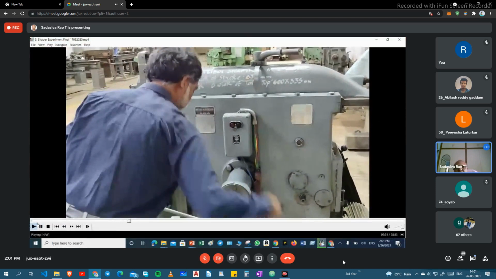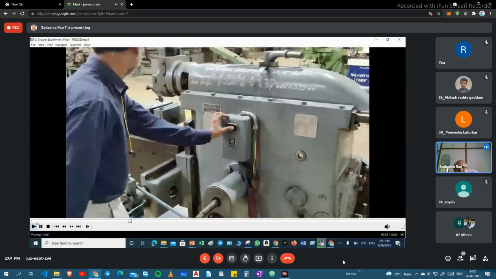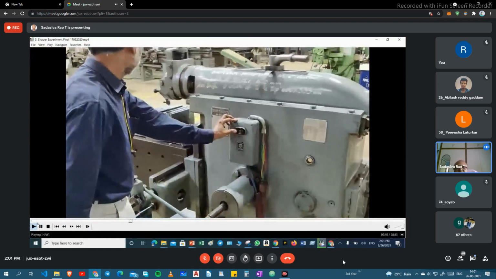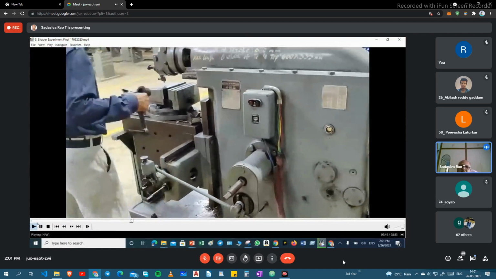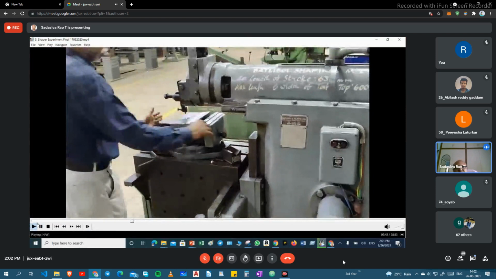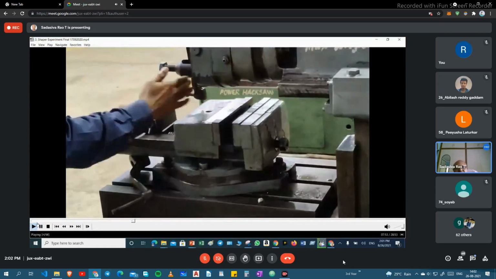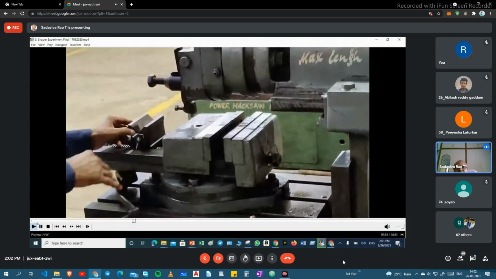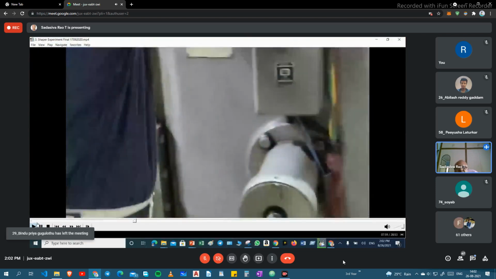Depending upon the length of the workpiece, you adjust the stroke length. Then the second one is the position of stroke. That is also very important. Suppose your workpiece is here, you fix it here. Your ram must move here only. That is the position of stroke. That also we can adjust here, by rotating this lever.